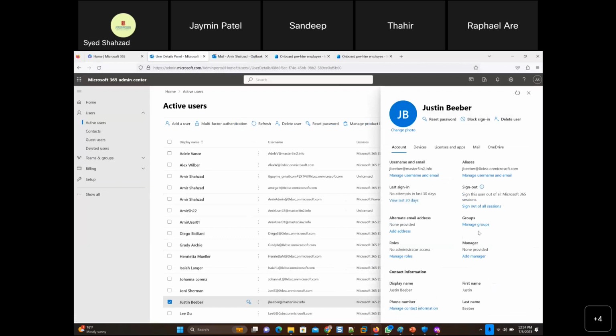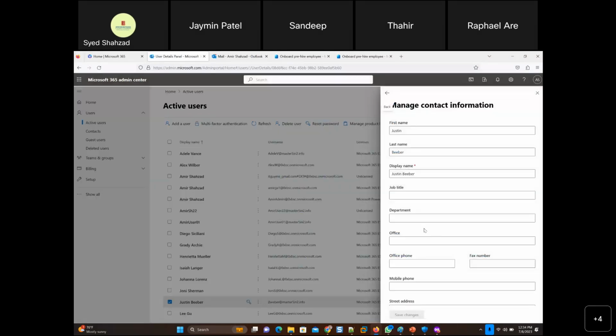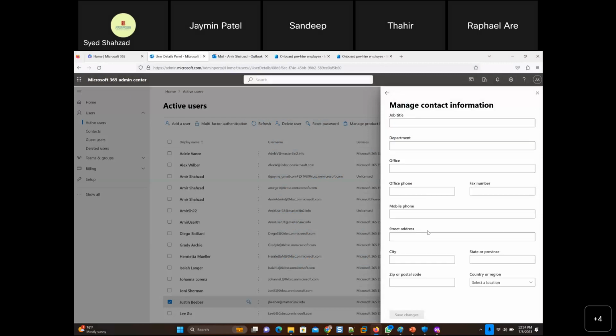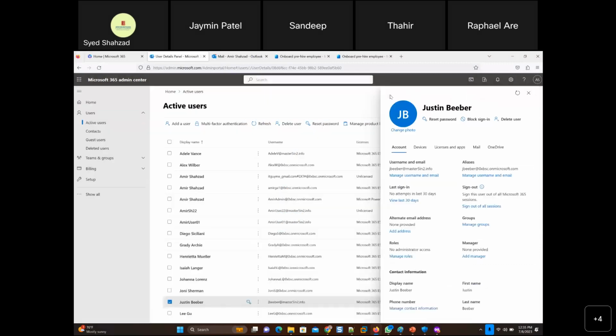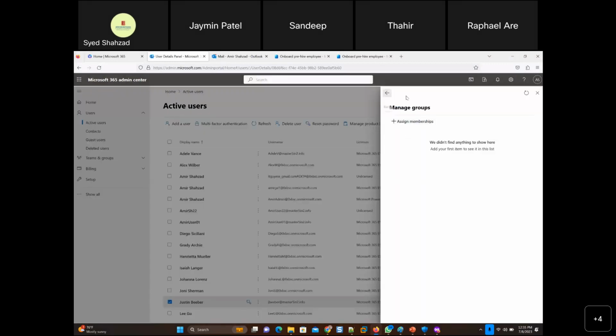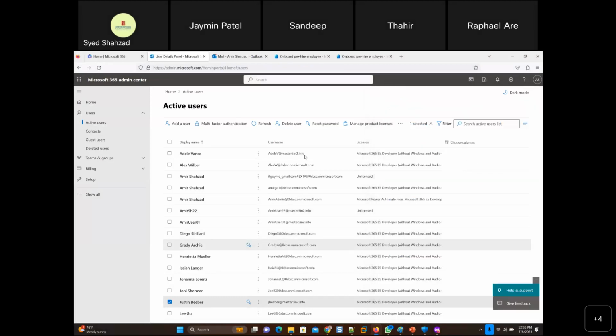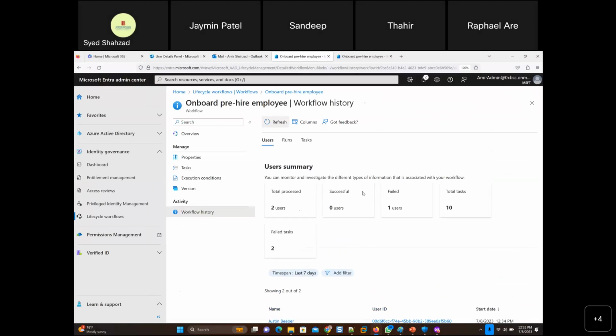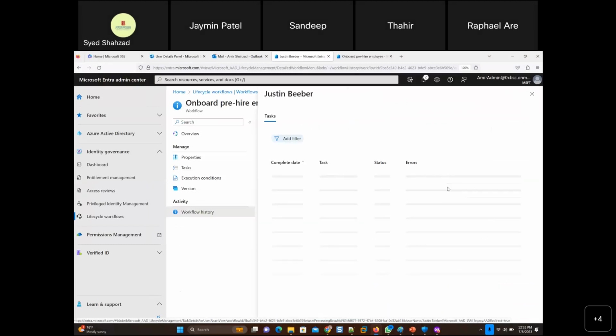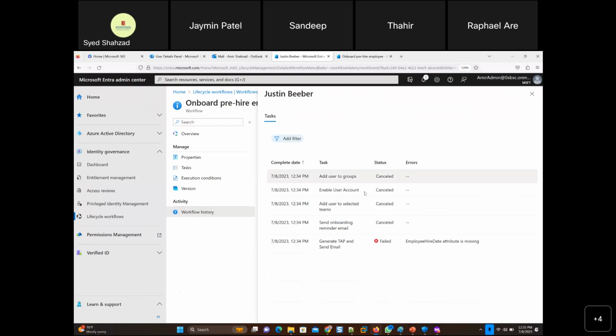First of all, the group doesn't show anything actually, but I'll go to manage contact information and Justin Bieber. Oh, nothing got populated actually. So yeah, Canada was supposed to be there, and the manage groups. I think the task failed. That's why, and why the task failed we have to check. So yeah, the automation did not work. When we're doing that real fast, we have to check what's going on and what didn't work on that user. Ah, there you go.